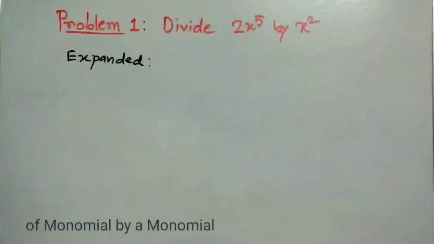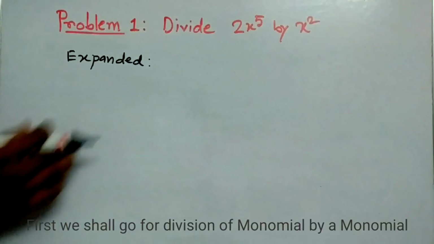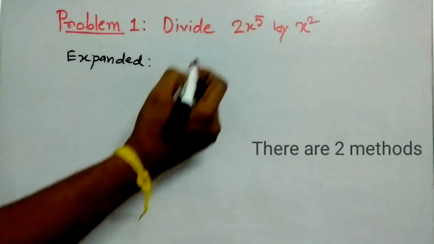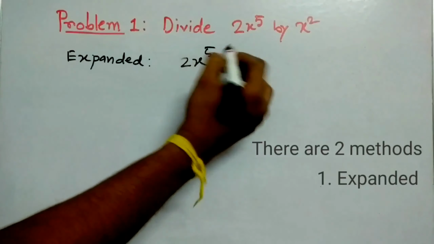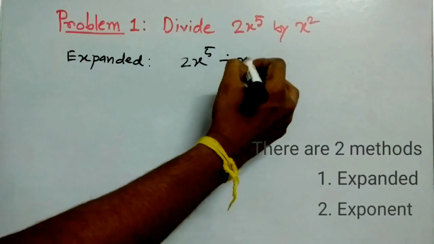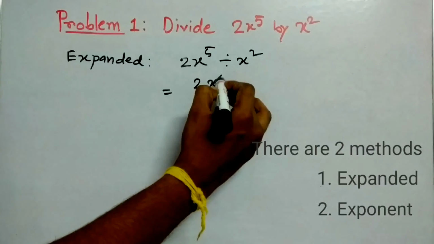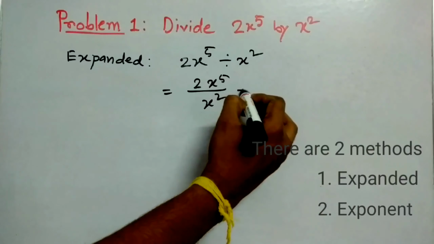In this question, it is said to divide 2x to the power 5 by x square. We will solve it first by the expanded method. That is, we will write it in this way: 2x to the power 5 divided by x square. That is equal to